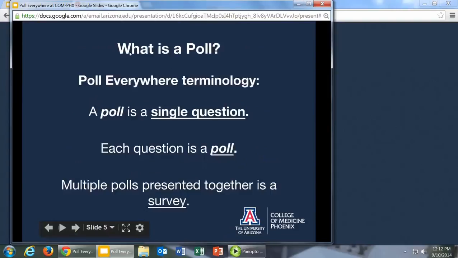I wanted to go over a few of the important pieces of terminology for Poll Everywhere that can confuse some people. A poll is a single question. Every time they refer to a poll or a set of polls, they're referring to single questions, and you can group those questions or those polls together to create what Poll Everywhere calls a survey. Doesn't necessarily mean it's a survey in the sense that you send it out to people and have them asynchronously respond, but if you group the questions together,